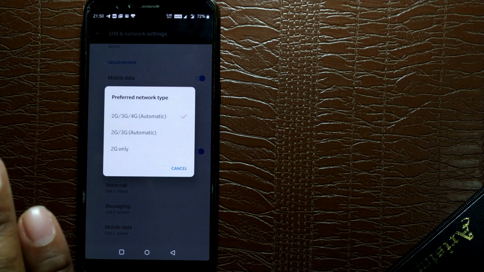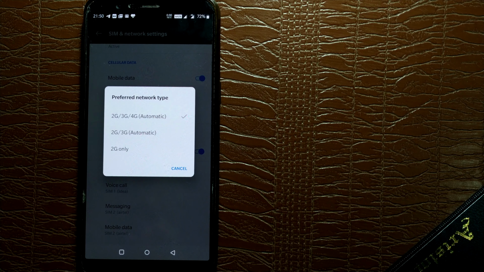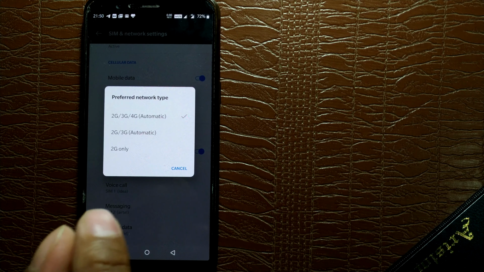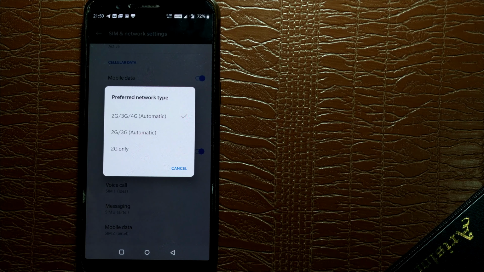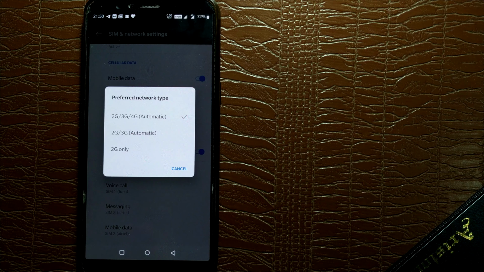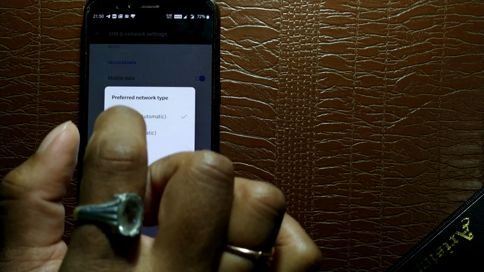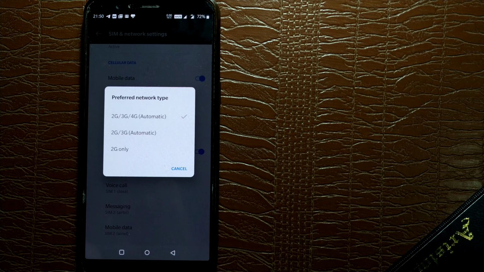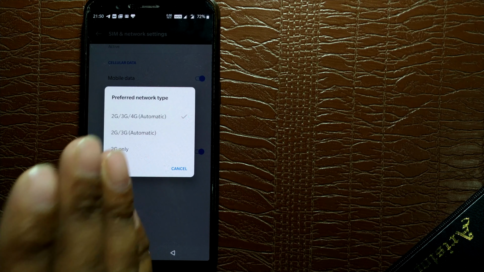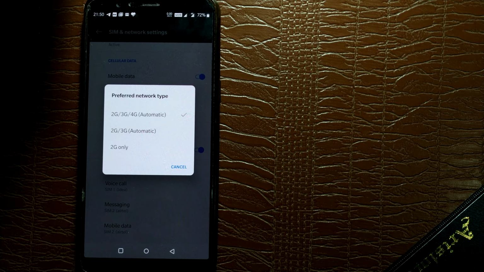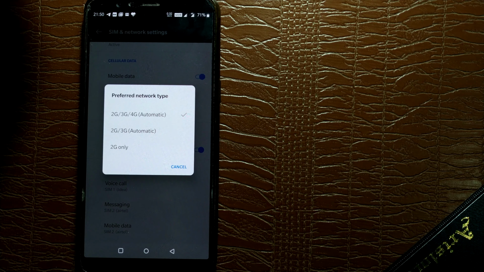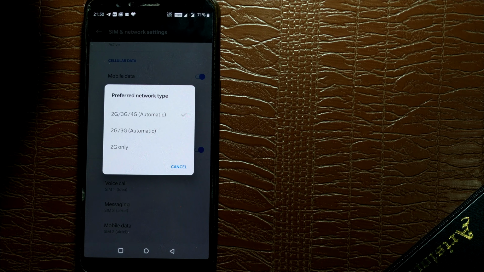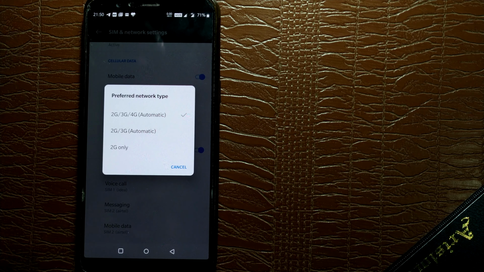For that reason, there are some other settings in the phone, like if you want only 4G, or if you want 3G only, or if you want 2G only, it won't catch any other network, it won't connect to any other network, but only 4G. Even if the network becomes low, like 20% or 30%, it'll only go for 4G. Or sometimes if it doesn't have enough network, it'll directly come to zero. You won't have any network, even if you could have 3G or 2G network, but since you have chosen 4G only, it'll only catch 4G. So for those kinds of settings, it is not open here directly. You have to go inside the phone.